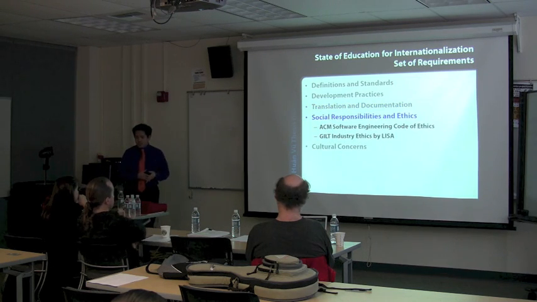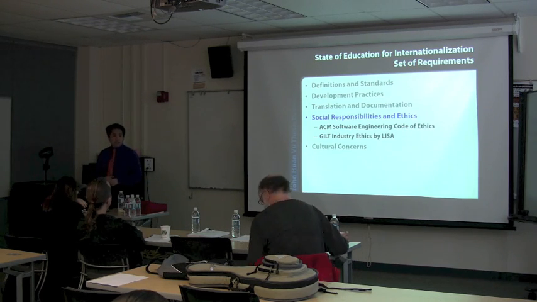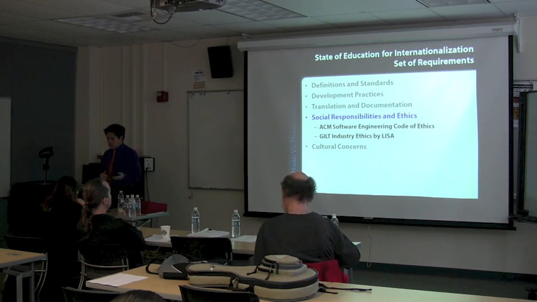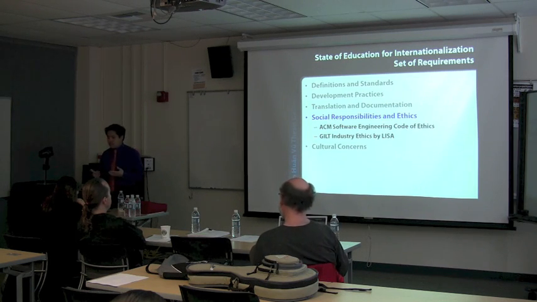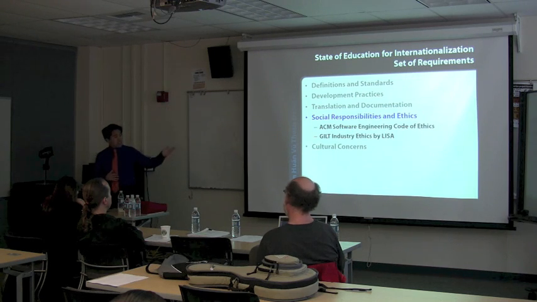Next, on social responsibility and ethics. If you're a Cal Poly computer science or software engineering student, you are required to complete a professional responsibility course with Dr. Turner. This course gives the student the ins and outs of being a computing professional by learning the Association for Computing Machinery Software Engineering Code of Ethics. For example, students will understand how poorly designed software can affect different groups of people.